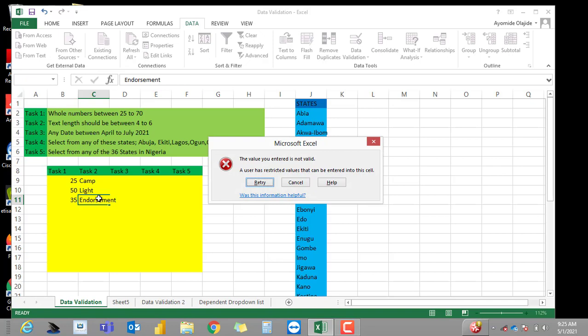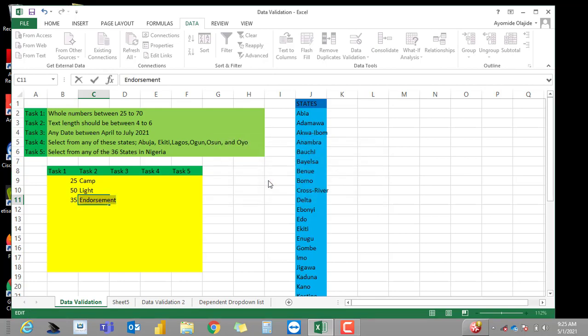You see, a user has restricted the value that should be entered into this cell because it's an endorsement. Now if you click retry, it gives you the opportunity to correct it. Now let me type in mango. Mango is just 5 letters. Mango,